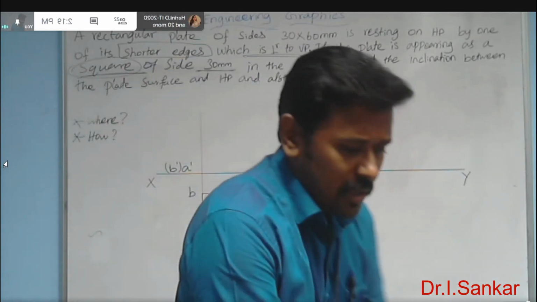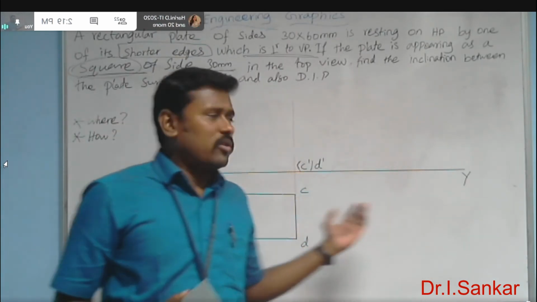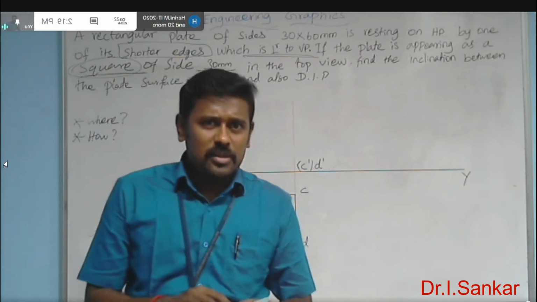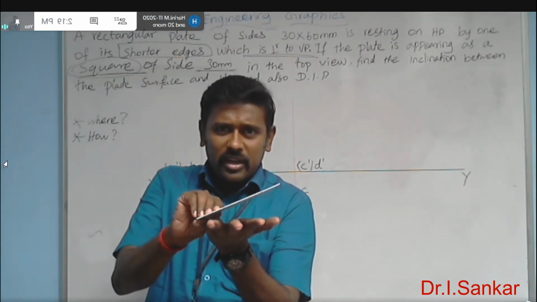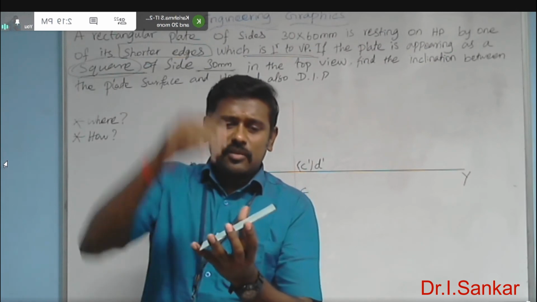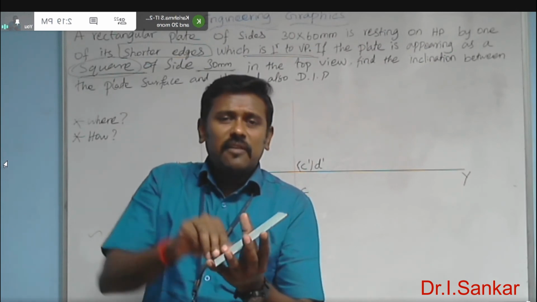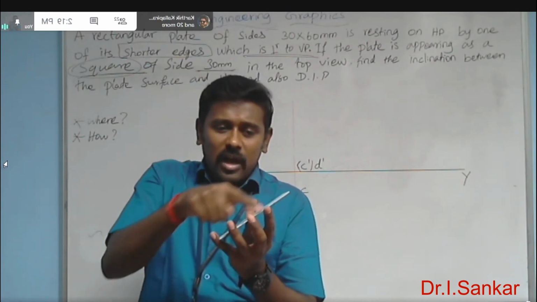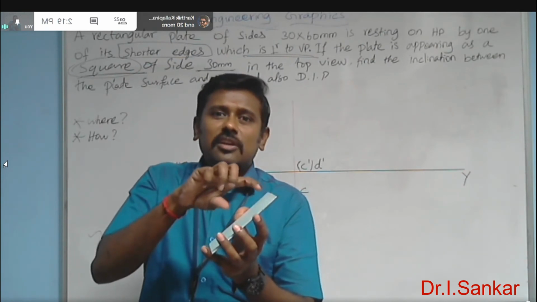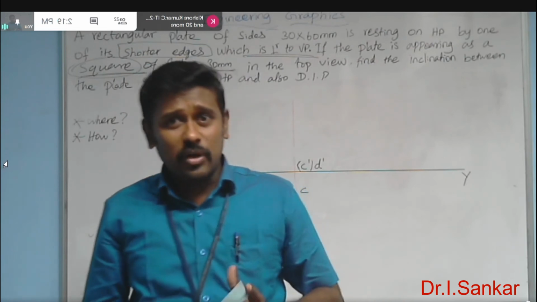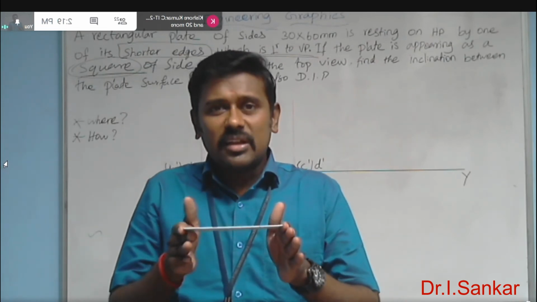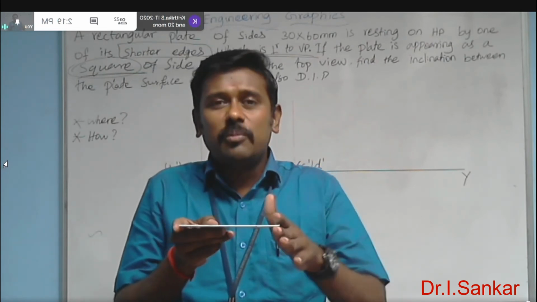Definitely, just before drawing this, we discussed a concept. When you give some inclination to this rectangular plate, starting from 1 degree, definitely in the top view, the longer edges' dimension will get reduced in appearance, not in actual. In appearance, definitely the length of the longer edges will be reduced.